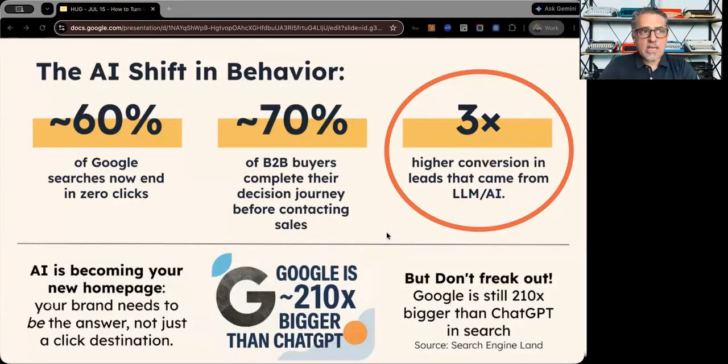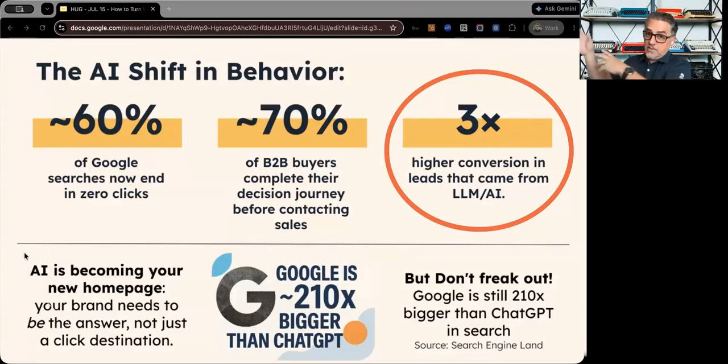It's really interesting to see how things are shifting, but even though ChatGPT and Perplexity and, for some reason I got muted here. Even though a lot of these models are being used by people to find companies, and 70% of B2B buyers are completing the whole journey without contacting sales, we're also seeing that Google is getting better.